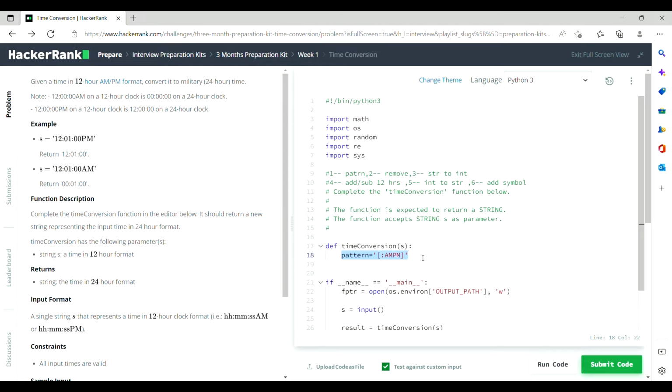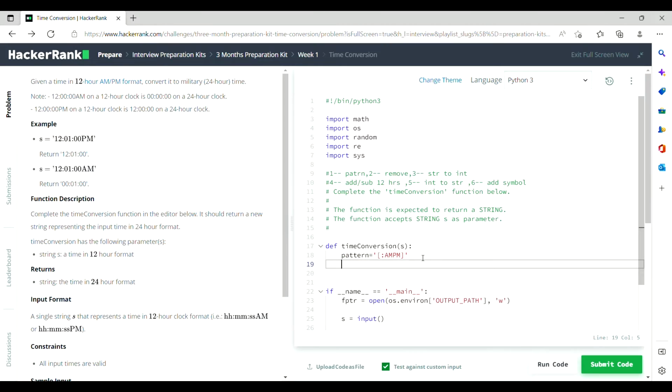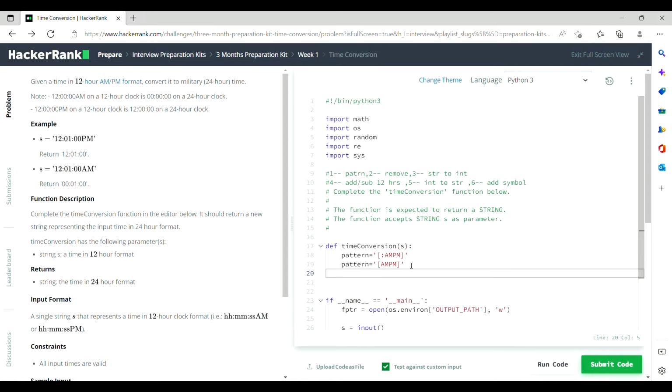Let me declare another pattern for cases like this, where we need not add or subtract; we just need to remove AM/PM and not the colon part from the string. So in the second step, I need to remove this pattern. For removing the pattern, I'm using the re.sub function